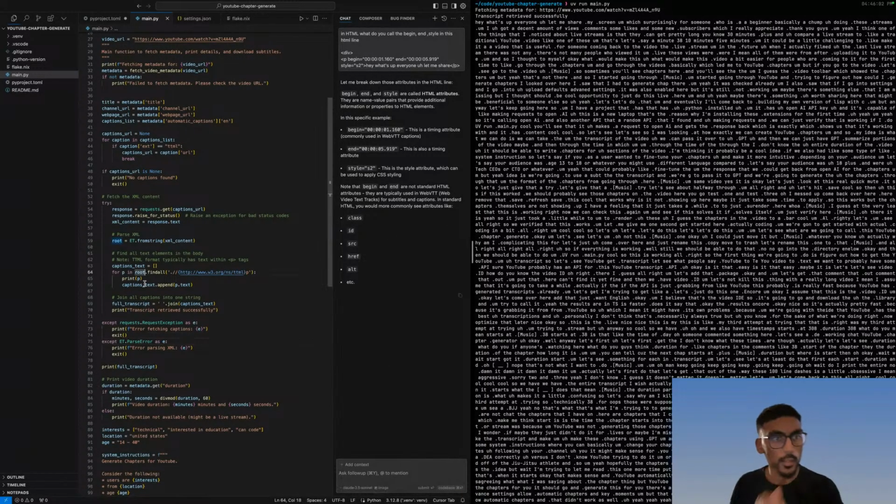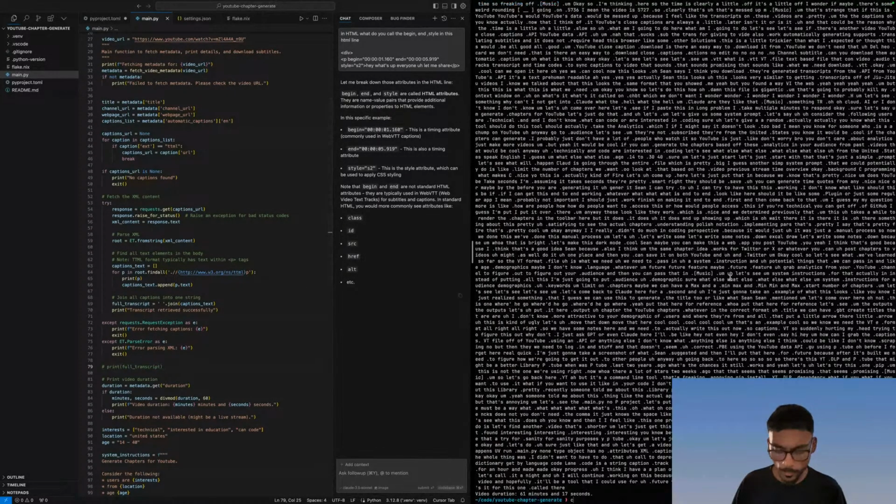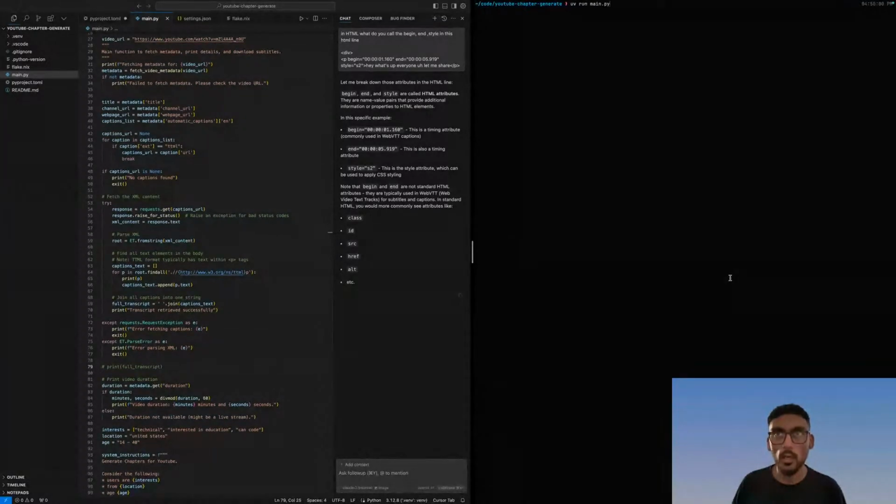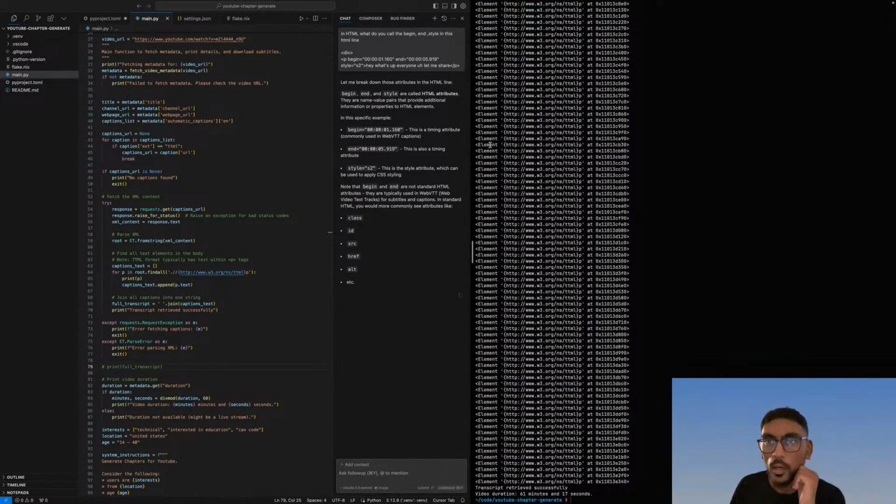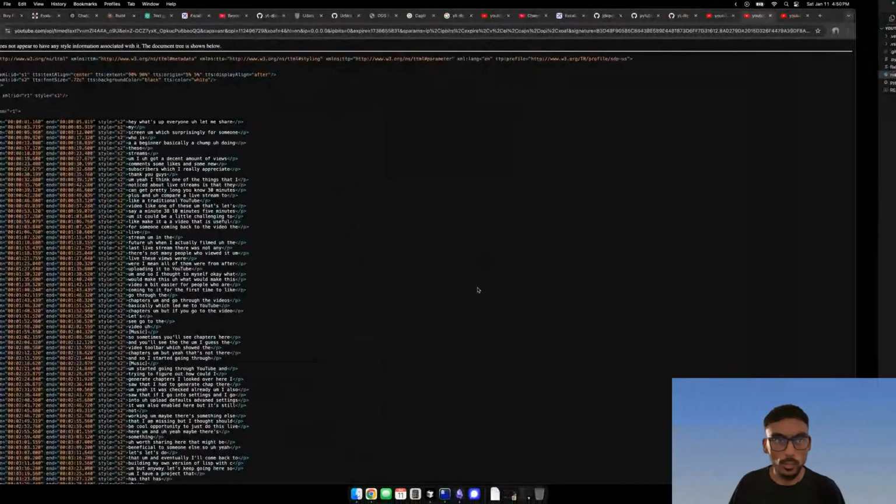Cool. So I think we print out the entire line. We might figure out how we can just grab the attributes that we need. Okay, so you get an element. Let's see what else I can get done quickly here.